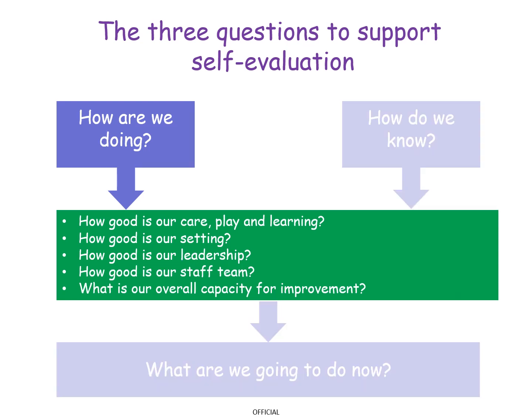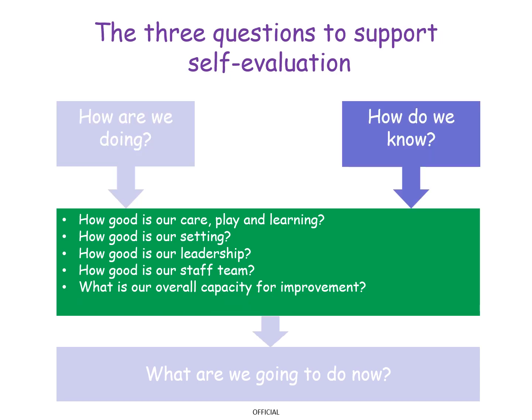The first question, how are we doing, is key to knowing whether you are doing the right things and that, as a result, people experience high quality, safe and compassionate care and support that meets their needs, rights and choices. Answering the question, how do we know, must be done based on robust evidence. The quality indicators in the framework, along with the views of people experiencing care and support and their carers, can help you evaluate how you are doing.